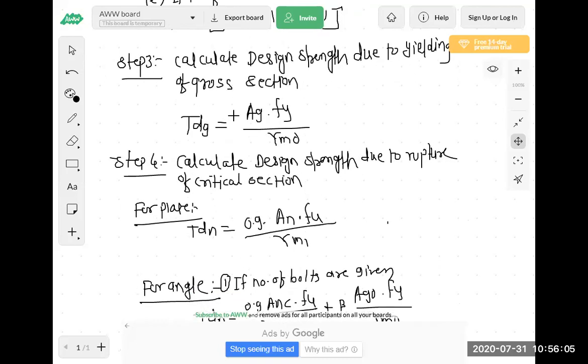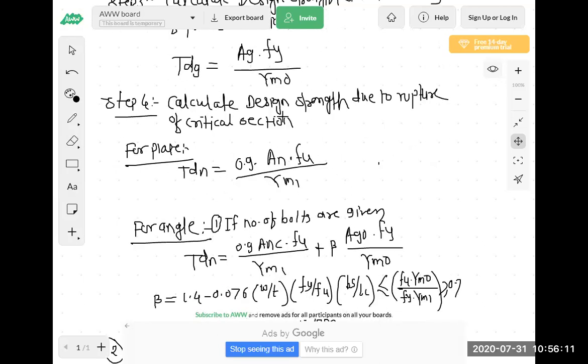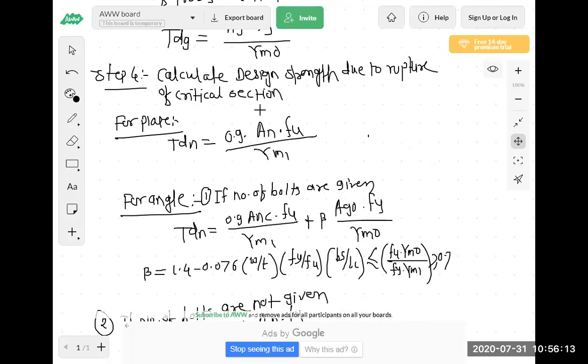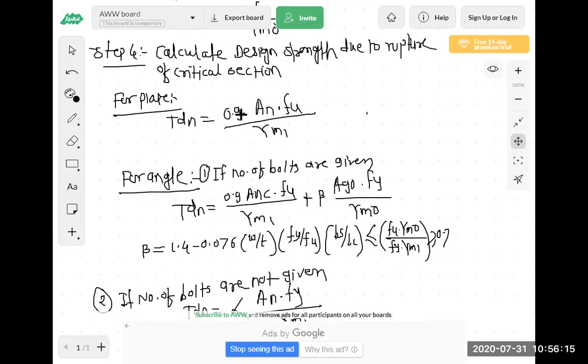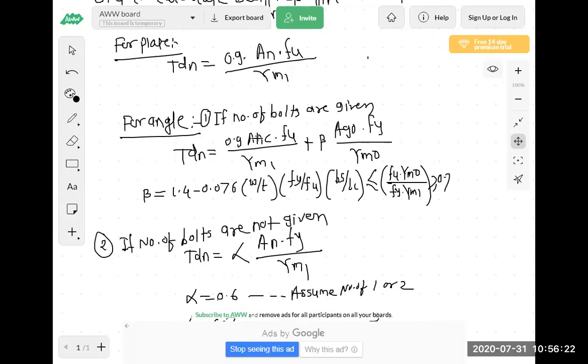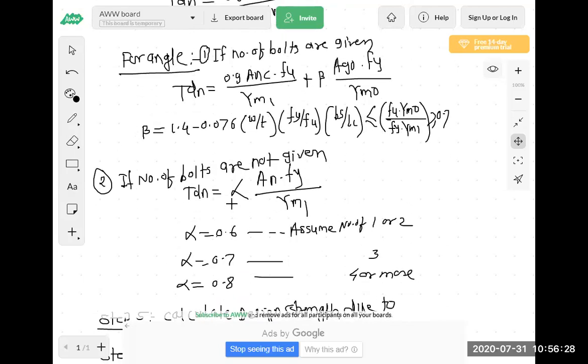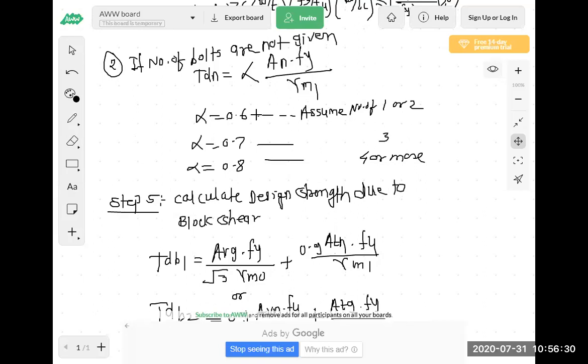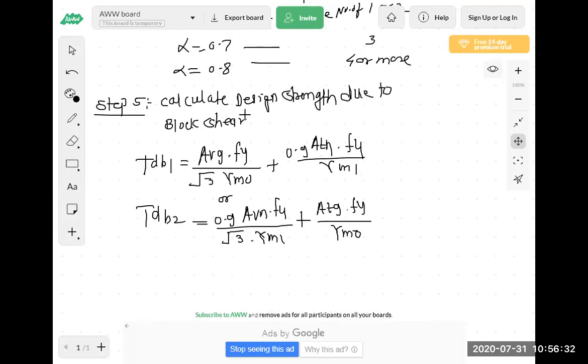Then step number 3, design strength due to yielding of gross section, TDG. Step number 4 is the design strength due to rupture of critical section. In the rupture of critical section, for plate, the formula is different. For angle, again, if the number of bolts is given or not given, the alpha and beta, two formulas are there. And the next step, the last step, is to calculate design strength due to block